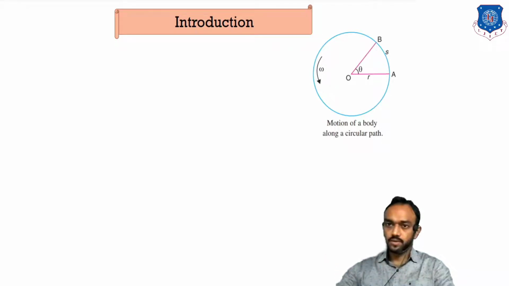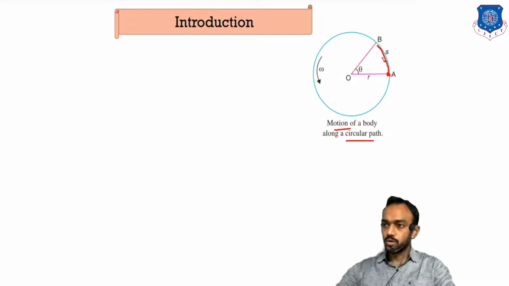If one element is moving from point A to point B on a circular path, it has an angular velocity. In our mechanism also, there is a combination of motions. Some elements are reciprocating in a linear direction, some elements are rotating with respect to some point, and some elements are oscillating. So we must know the relation between linear velocity and angular velocity.